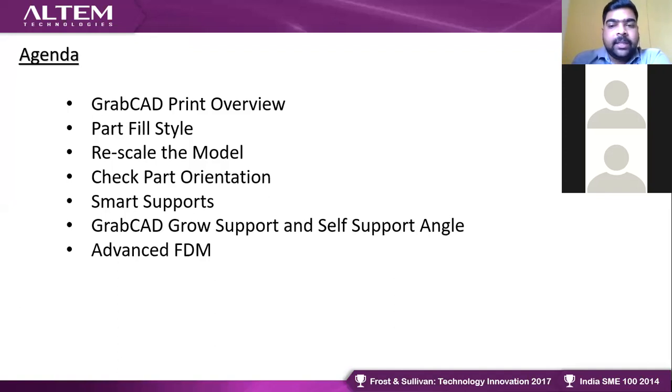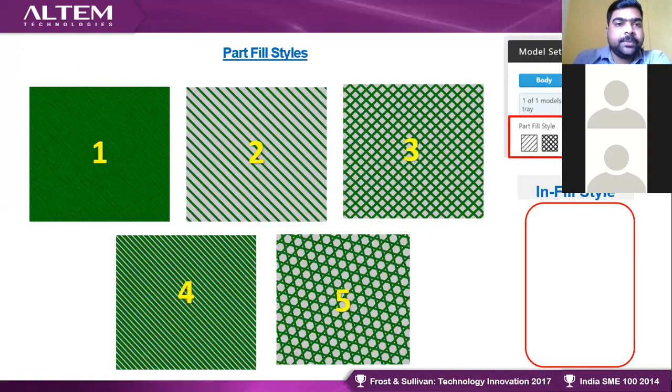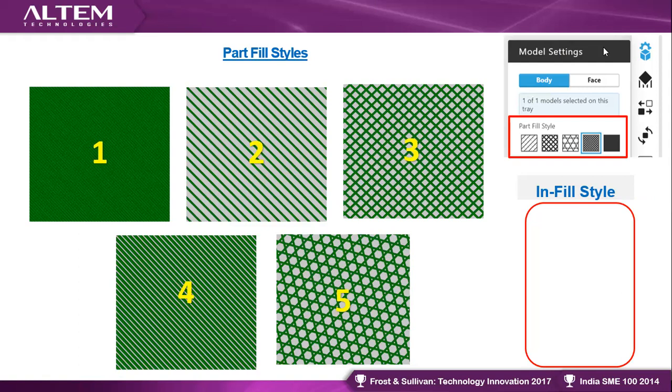So this is the agenda that we are going to discuss today. Always the easiest one first. These are the part fill styles available on the software. As I already told you, there are a lot of options available inside also, maybe more than these. But in GrabCAD, these are the options for part fill style. If you don't want to print a complete solid model, or it's just the early stage of your design process,